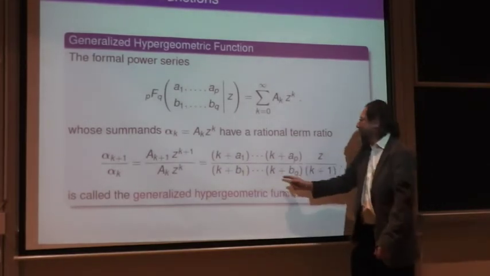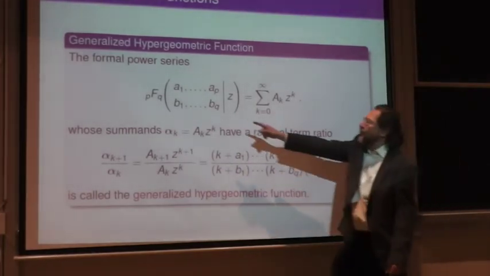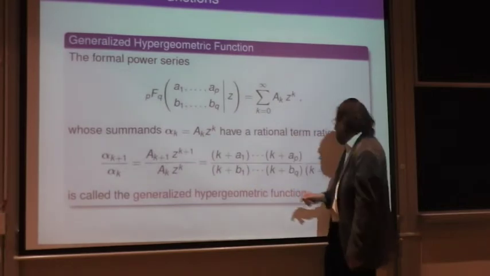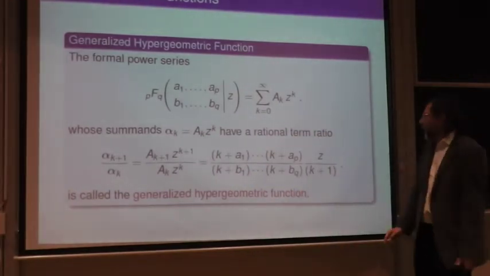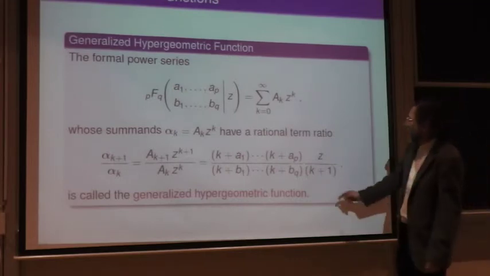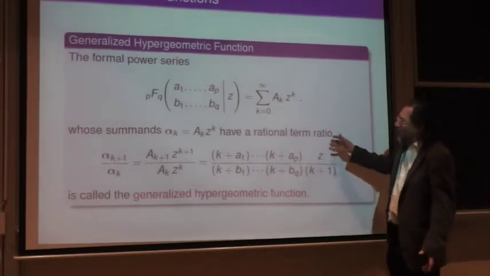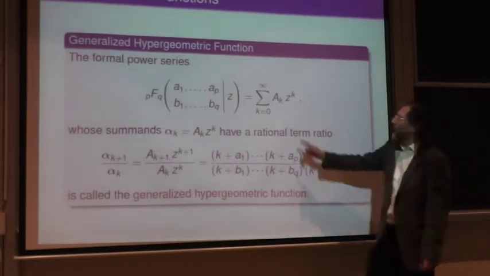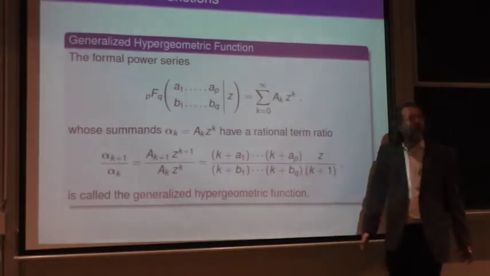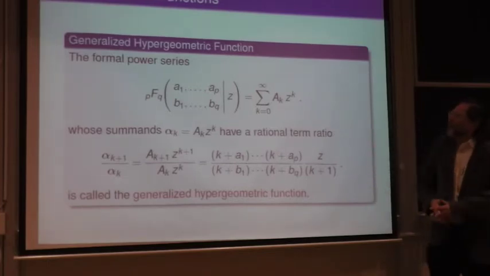The b1 up to bq occur there. These are the lower parameters. For some historical reason, there's an extra k plus 1 here. We don't care. And the z is the highest coefficient that appears in the rational function. That's our variable. So if you have this situation, we can give this function a name and call it the